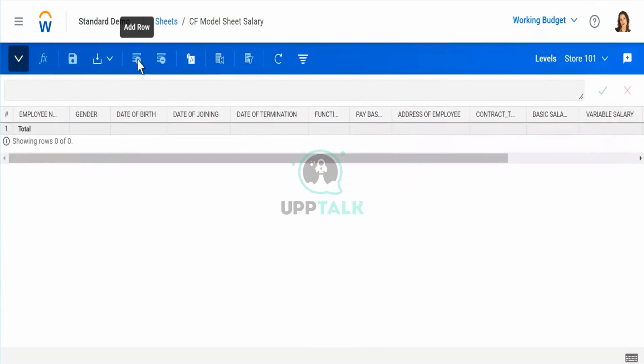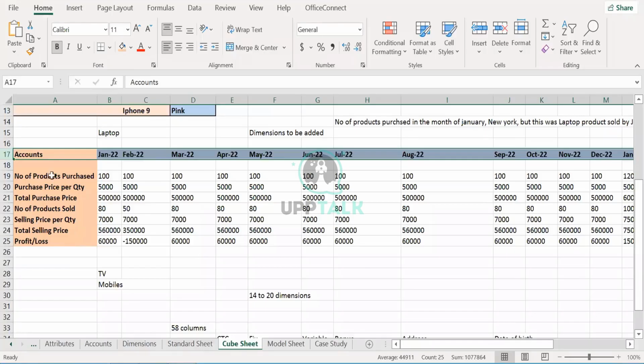You can see this add row. I am not able to add or delete rows, right? But the columns which we require are already popping out in the same order which we created. The columns are there, but now you need to enter certain data here, correct? Once you enter that data, you will have all the things populated just like an Excel file.